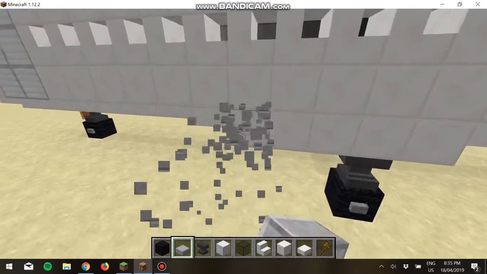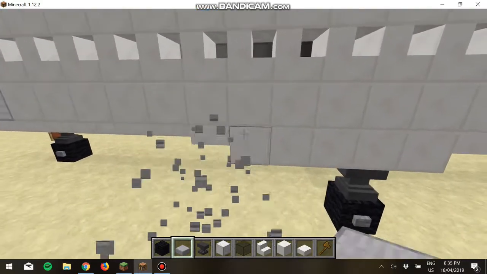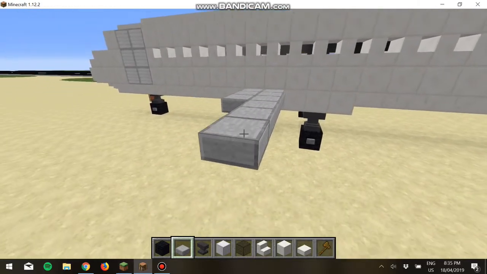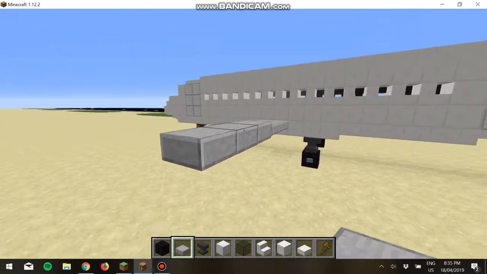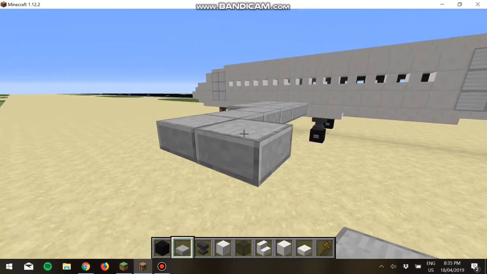Now for the wings. This is based off a Jerry vs. Harry design, but I modified it a little. So do 3 blocks, 3 slabs, and then 3 slabs, and every 6 you go up. And repeat that pattern